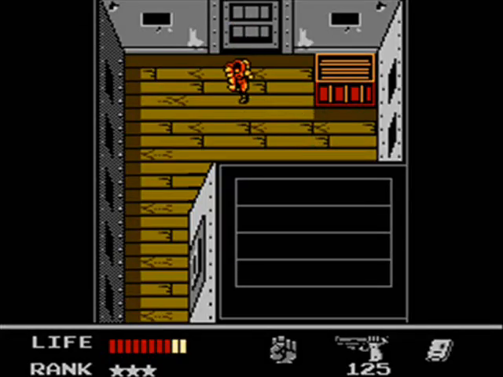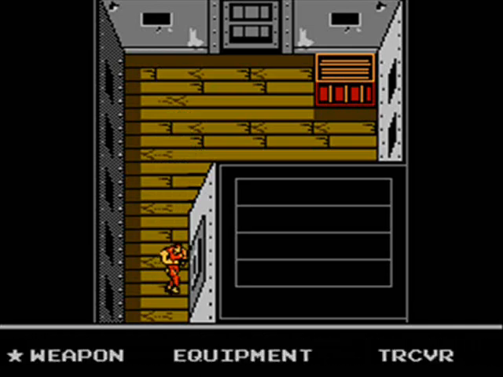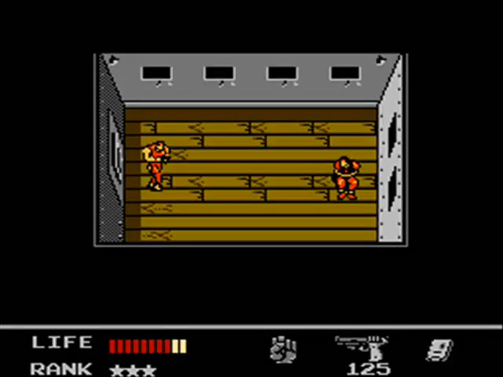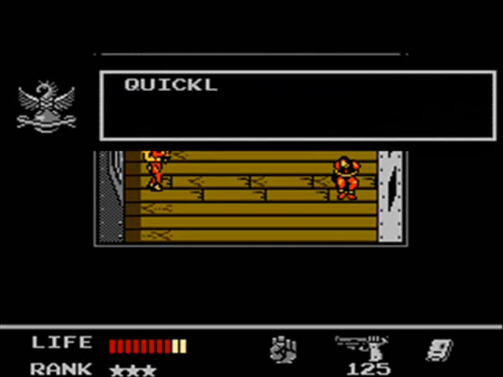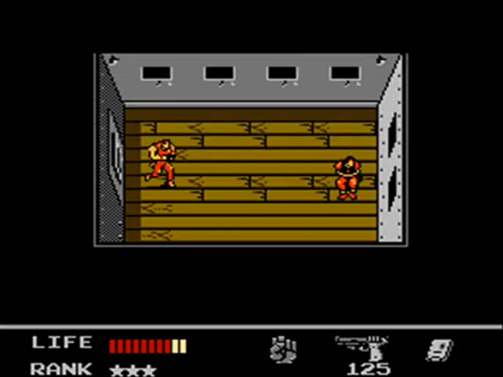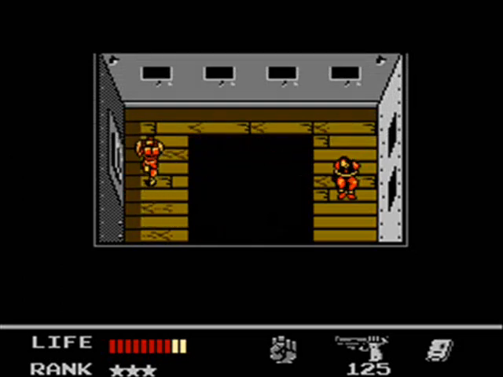Alright, there we go. And now we have the card that we need to save John. Quickly, release my rope. Hang on, John, we're coming to save you. Everything's gonna be alright, and...